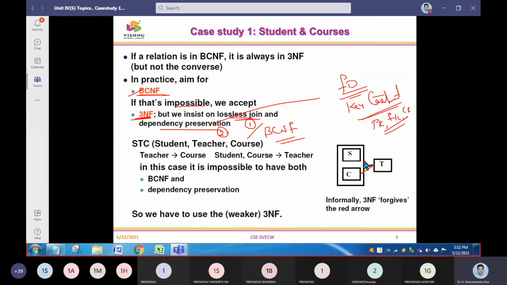So now you can see that in the previous table, student and courses were put in a box and we linked it to a teacher. Now what we are going to do is put a red mark here between teacher and courses also. So you can see here courses are dependent on the teacher, and student and courses are dependent on the teacher. So for that we are going to go with an implementation with dependency preservation. There we are going to take up the Boyce-Codd normal form. So in this way, we've taken up case study 1.